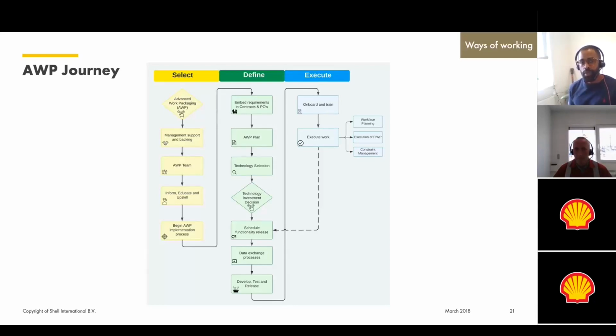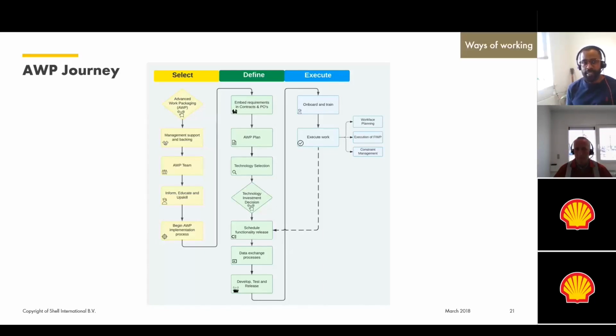So what you can see on screen are the key steps taken by the project to implement and embed an advanced work packaging process, starting at select on the left-hand side and moving over to execute. This is important because it provides an understanding of, one, the enablers of AWP, and more importantly, the timing and order of each key activity.